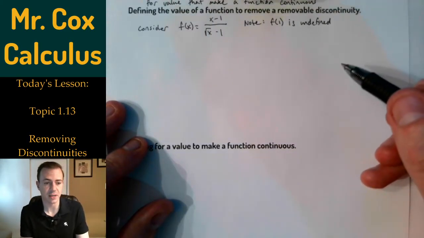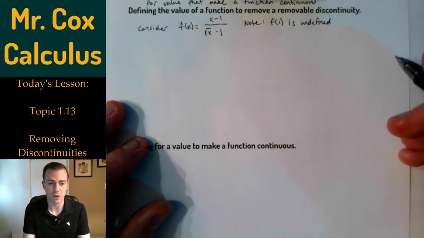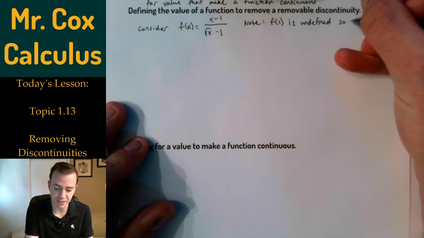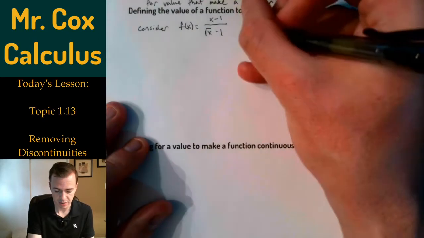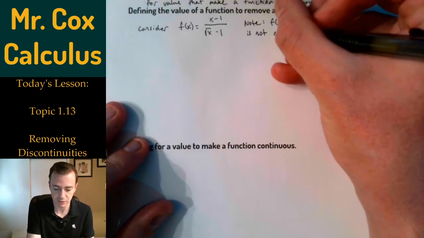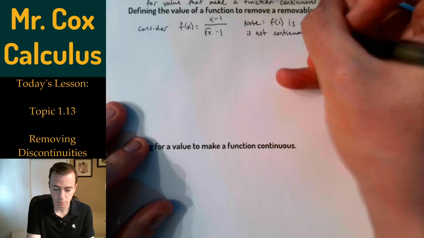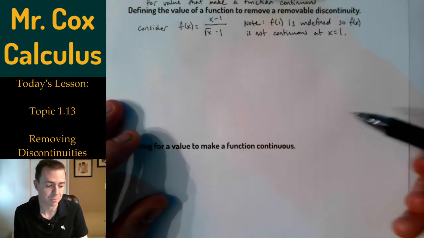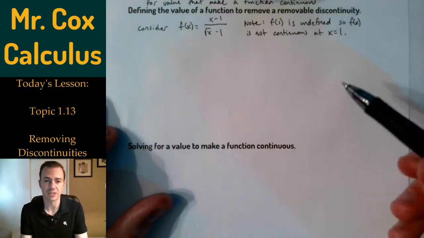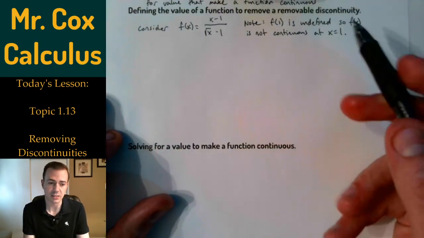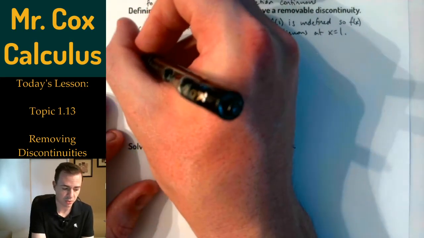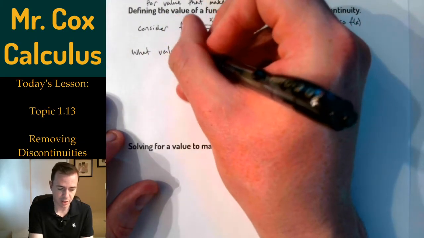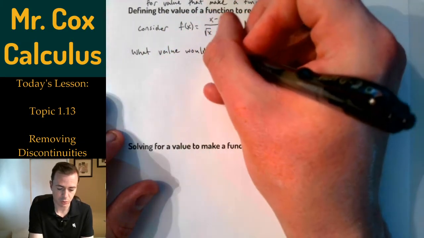And if f of 1 is undefined, that fails our first bullet point of continuity that says f of 1 has to exist. And so we're able to say just off of that alone that f of x is not continuous at x equals 1. The function can't be continuous if there's no value there. So the question that we have in front of us now is, okay, we know that it's not continuous at 1, but what if we could theoretically assign some value? So what value would we have to